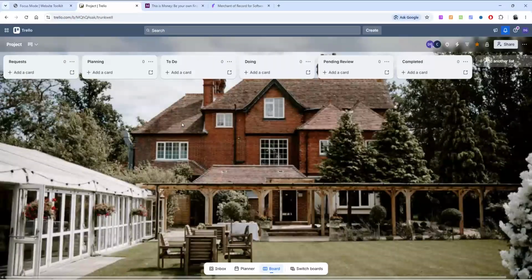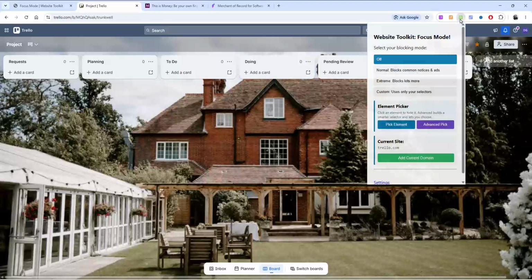So I've got an empty Trello board here, and I'm just going to walk you through how you could hide a few of the different screen elements on here. Sometimes things work first time, and sometimes you may need to do a couple of steps to clear through. But once you've got it in place, it will then work for all future page loads or times you access that portal. So I've already got the browser extension enabled, and we've got our Focus Mode icon in the